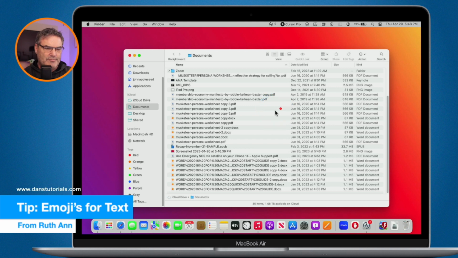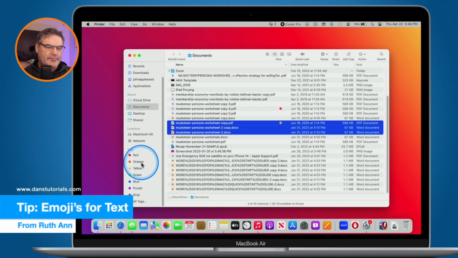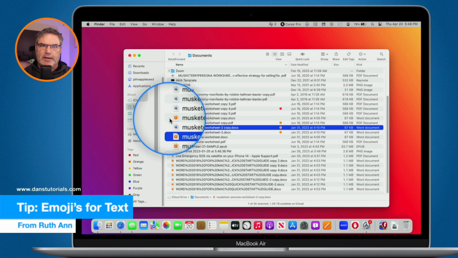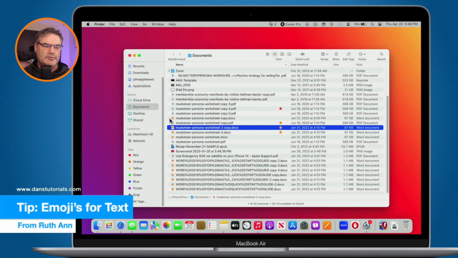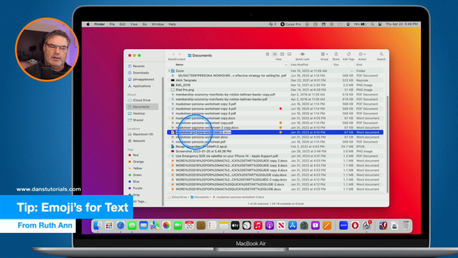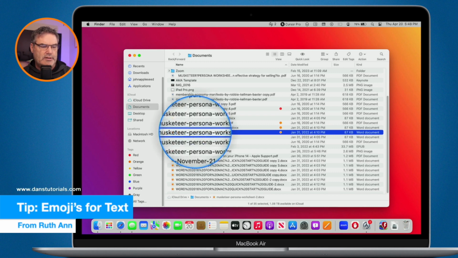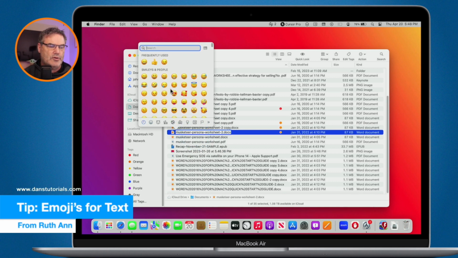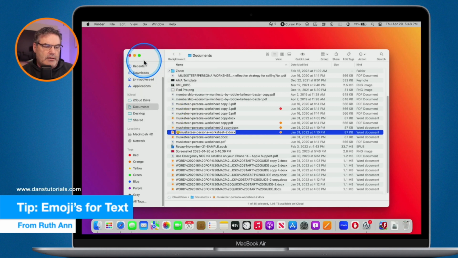And I agree with Ruth Ann. It doesn't make sense to me. If you go and apply some tags to these, I think it'd be easier if it was over here on the left side. So she came up with a neat little trick, and I think Steve would appreciate this as well. When you rename a file, on top of that, what you're able to do is add an emoji in there. So what she will do is add an emoji in there for whatever it could be. Let's just go with a smiley face for now, but it really could be anything.